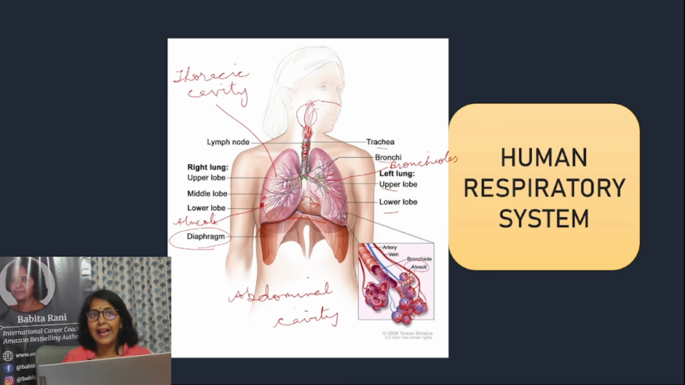Tomorrow we will study the mechanism of exchange of gases and how carbon dioxide and oxygen is transported in our